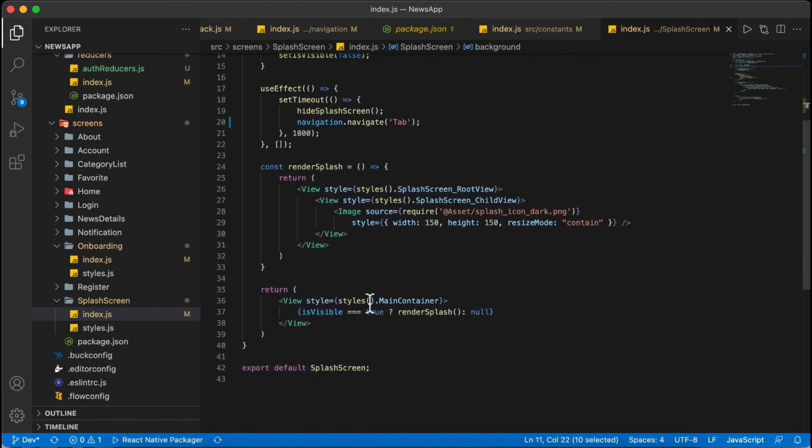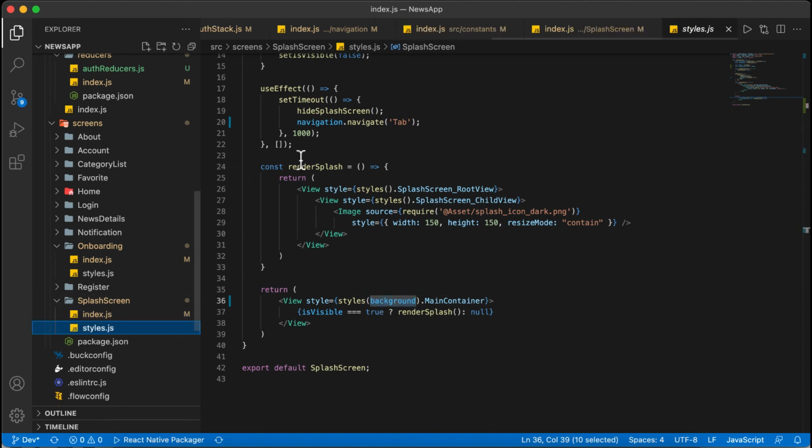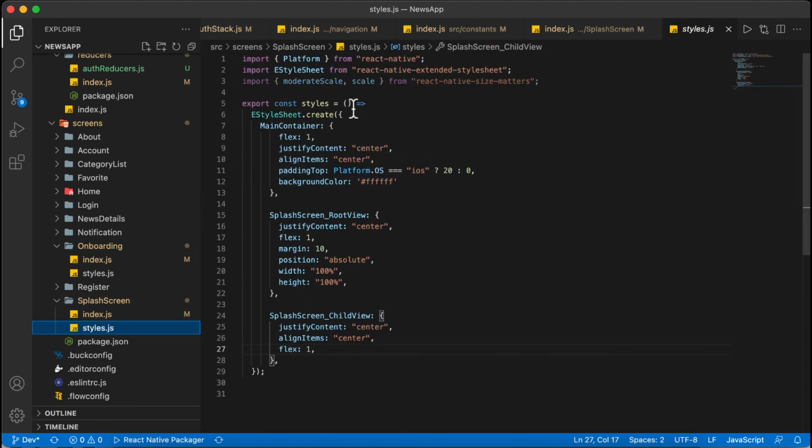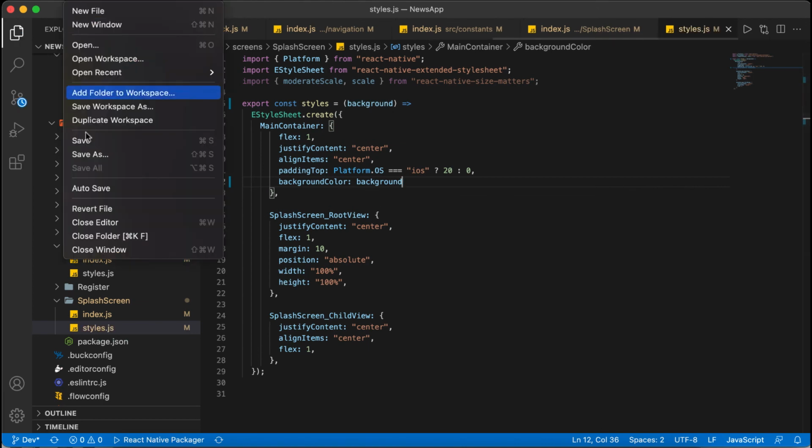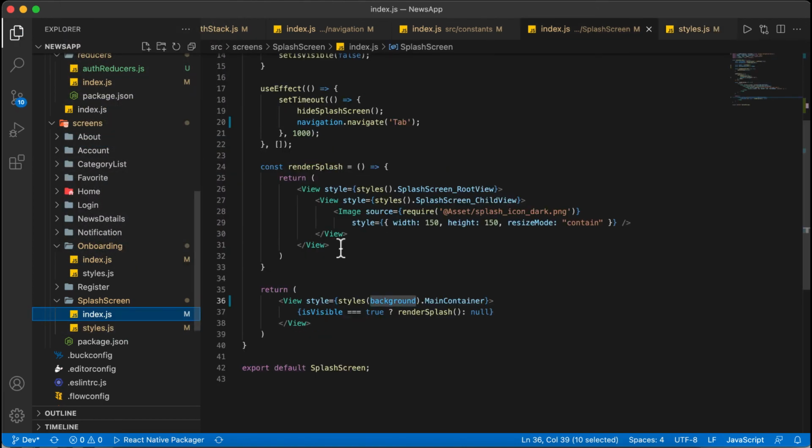Inside the style we will receive the background property, and I will simply add background here.